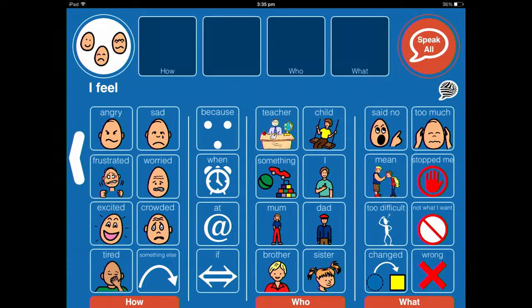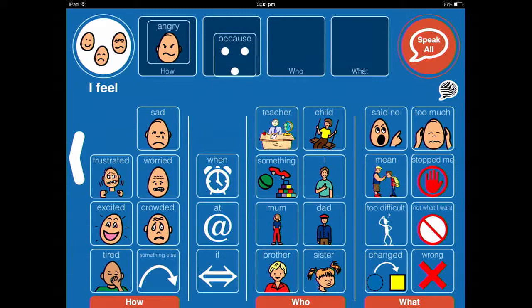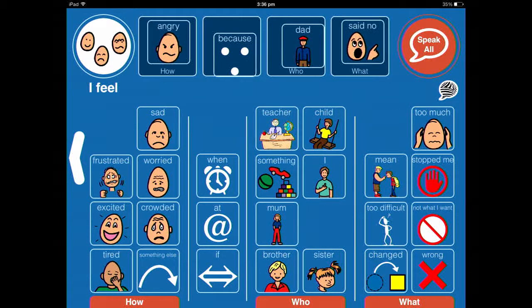So you just push, so I feel angry, and I drag it up into the top bar there. I feel angry because Dad said no. I feel angry because my dad said no. So it's quite a nice way to practice